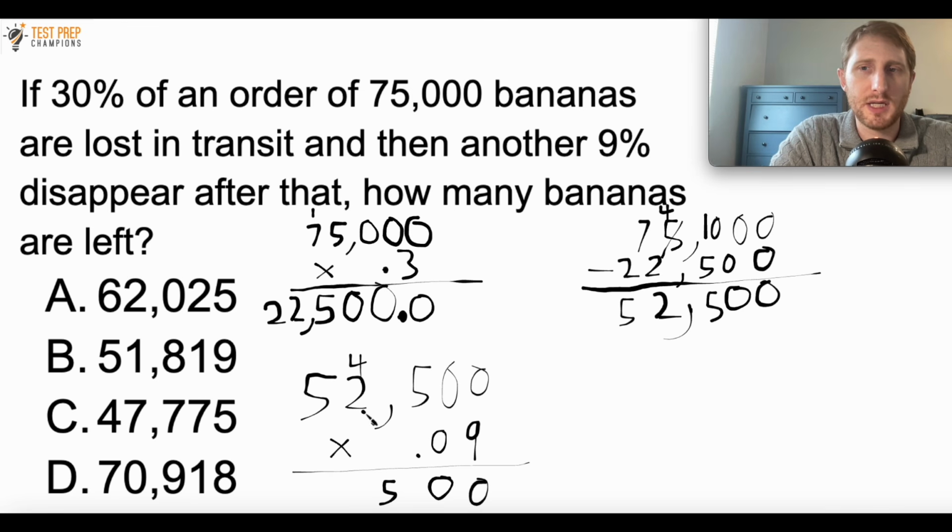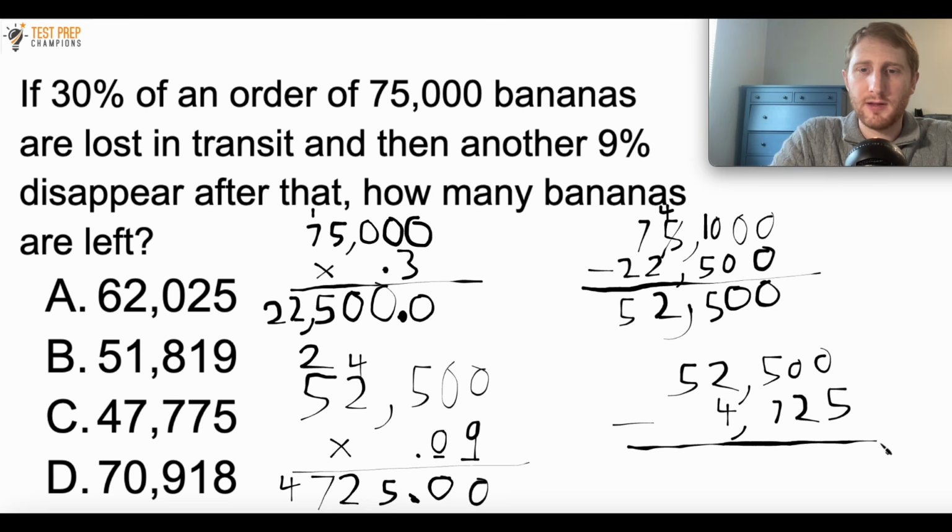9 times 2 is 18. 18 plus 4 is 22. So I put the 2 here, and I put a 2 up here. Now 9 times 5 is 45. Plus 2 is 47. So here's what I'll have. But we're not quite done yet because we have to take into consideration the fact that we've got 2 digits to the right of our decimal. So I'm going to come down here and put the decimal right here. So now I've got 4,725, and the last step is to come back to the 52,500, and I'm going to subtract